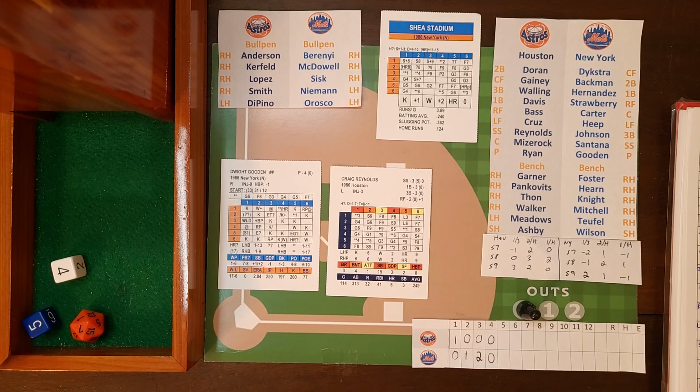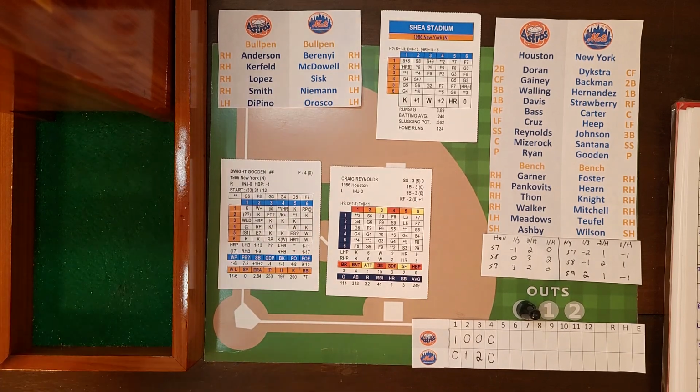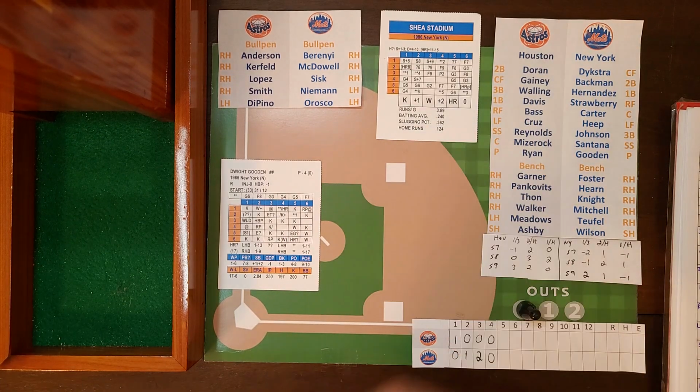5-4 is a ground ball to third. So we're checking the range of Hojo. Howard Johnson, we've seen earlier he's a range of 2. He made that play on that line drive. So his range is a 2. Can't get it. It's going to be a base hit. Now is it a single or a double? It will be a single for Craig Reynolds. So leadoff single for Mr. Craig Reynolds as he sneaks it by